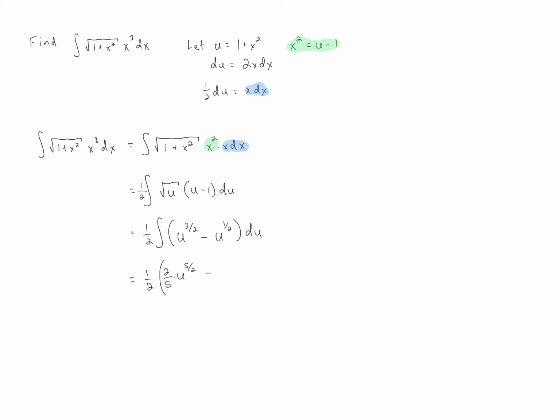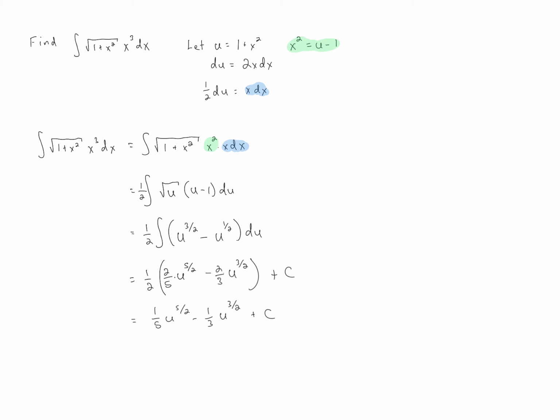And then minus the integral of u to the 1/2 is u to the 3/2 over 3/2. And that's the same as times 2/3. And I'm just going to put that constant out there at the end. If we distribute the 1/2, we end up getting 1/5 u to the 5/2 minus 1/3 u to the 3/2